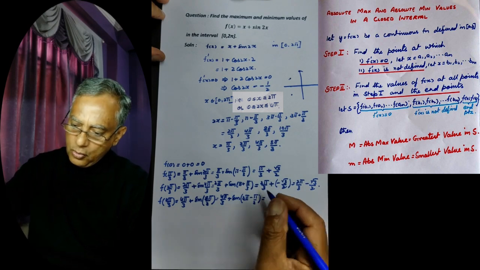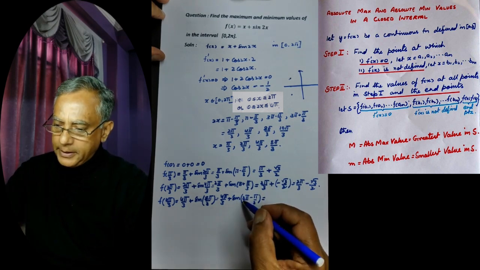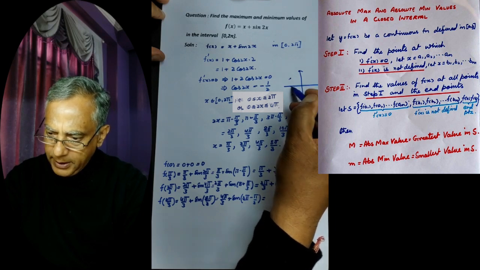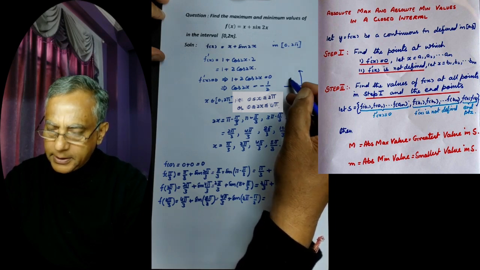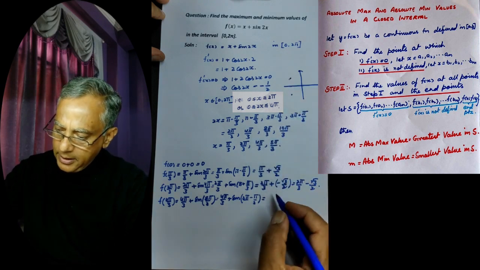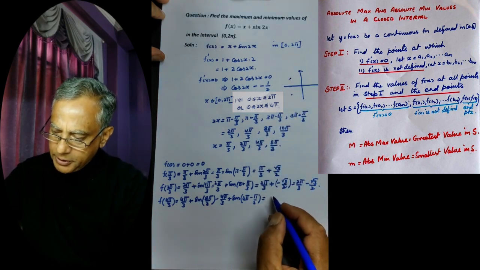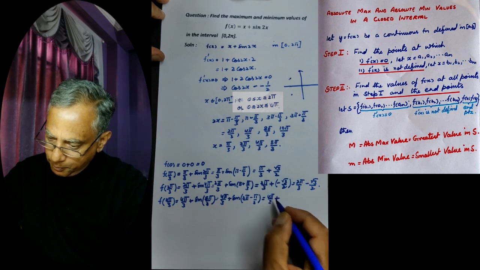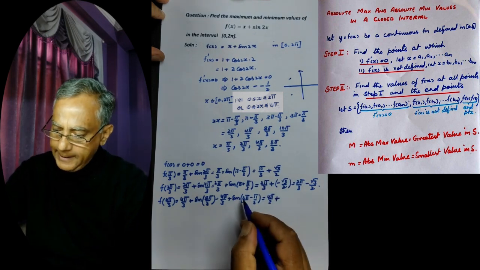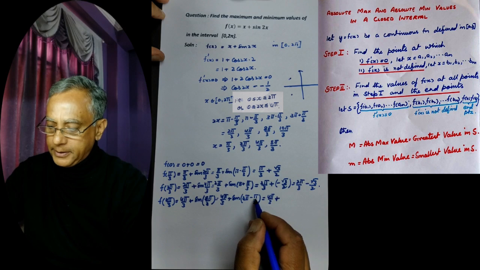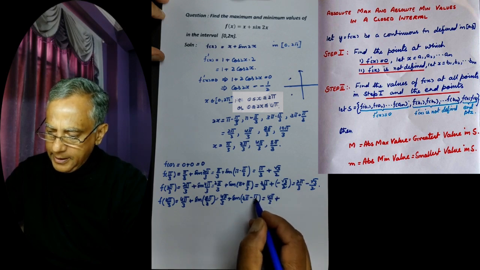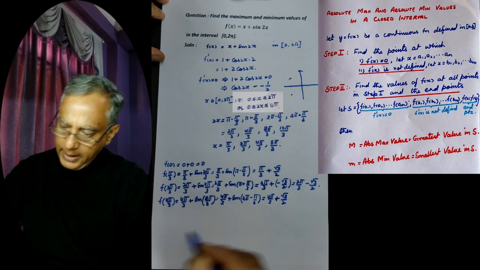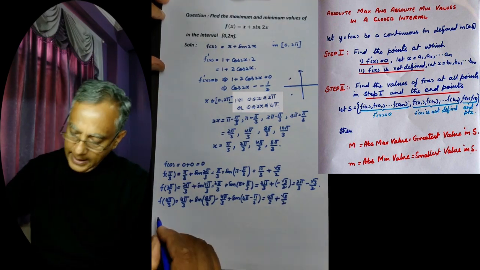And this is equal to sine of 3 pi minus pi by 3. 3 pi minus pi by 3 is in the second quadrant. In the second quadrant sine is positive. So we will have 4 pi by 3 plus sine of pi by 3, and sine of pi by 3 is root 3 by 2. So we will have root 3 by 2. And f of